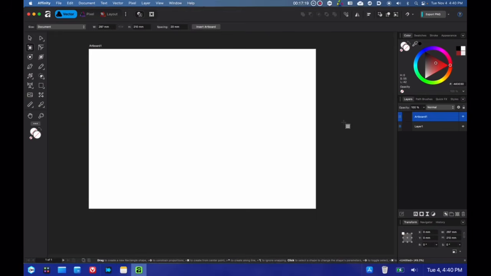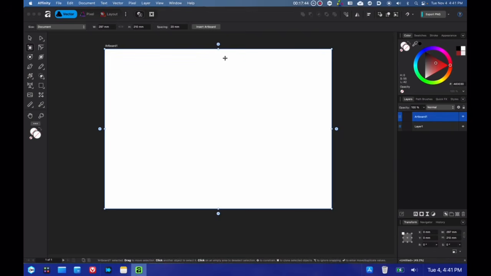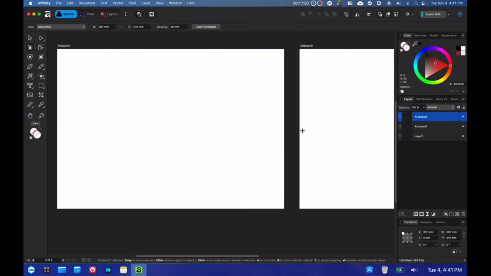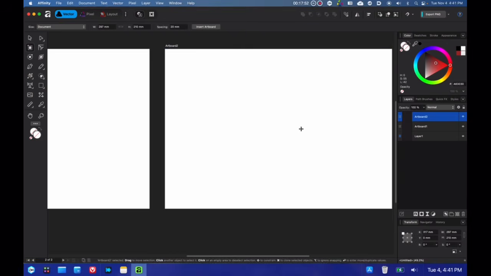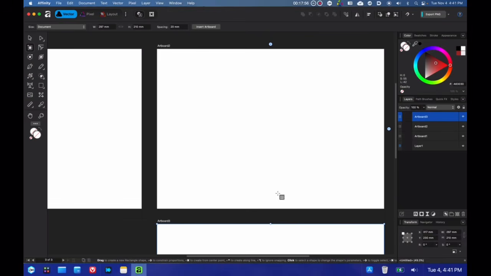But something that I like, which is a new feature in Affinity, and yes, this is actually called version 3. They have that in the description. Now see that there are these plus icons on the sides here. You can choose where you want the next artboard to be just by selecting on those plus icons. And you can also move artboards by selecting the move tool.